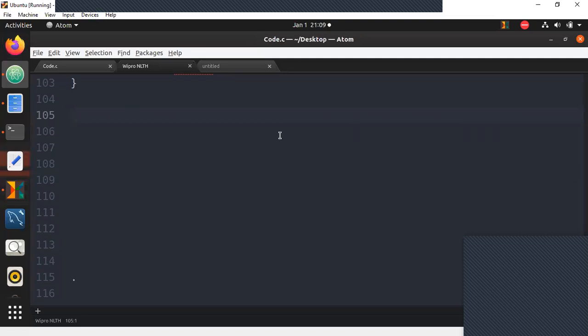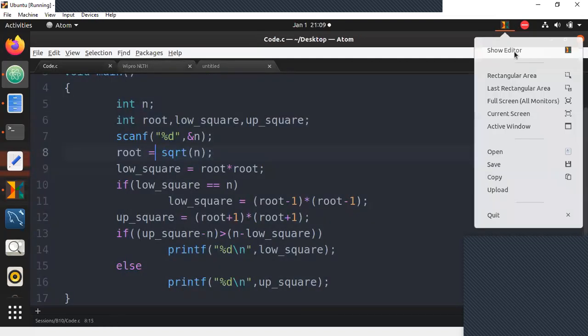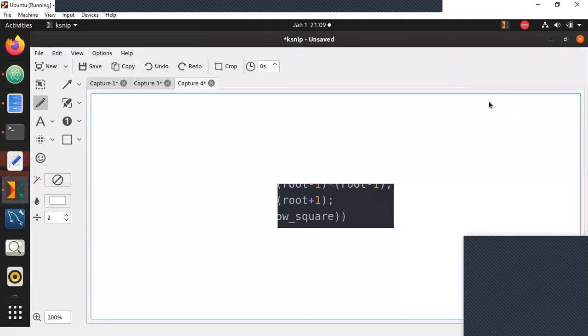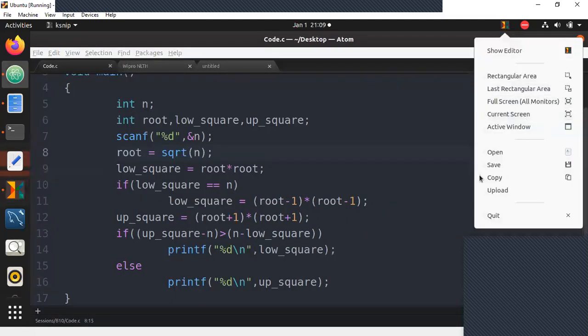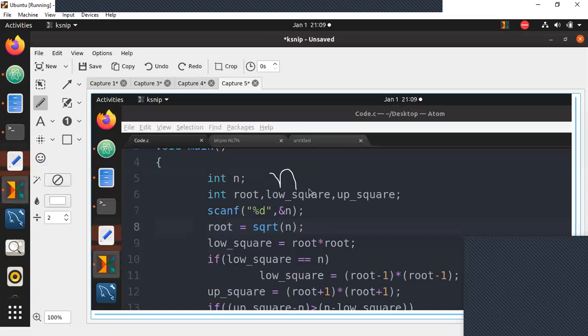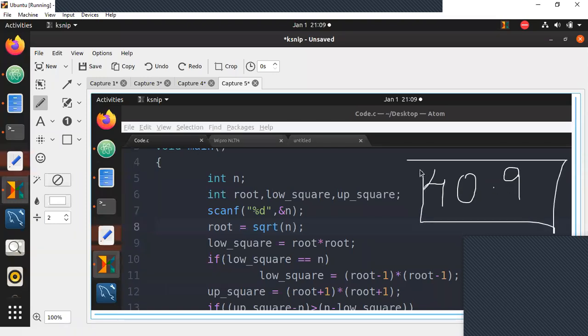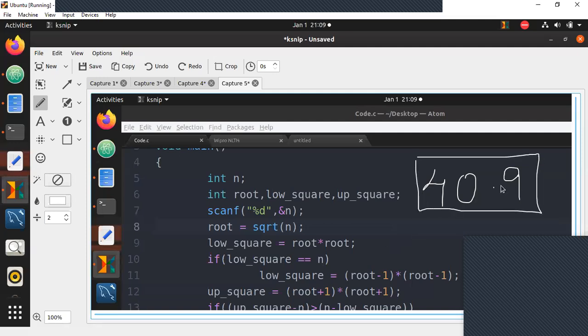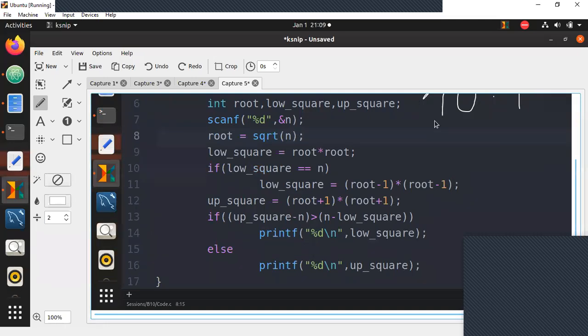I have one more question. Can we take n as float here? I'll state one thing. If you take n as float, it can store 40.9, and you need to find the closest perfect square to 40.9. So when you have n as float, you need to convert it to n as int and calculate the rest.